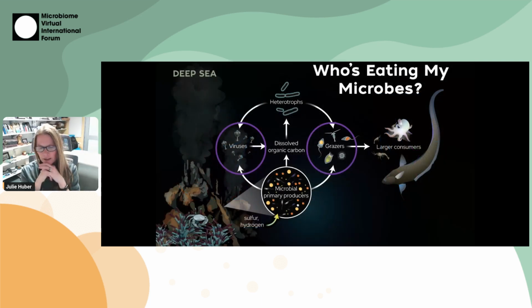And one thing in the last 5 years or so, once I got a better handle on the bottom of the food chain, is that I then wanted to know, okay, so this is what's making all my carbon. Who's killing my primary producers in this microbial food web if we start moving up the trophic cascade? And so I've been working with a group of really talented young folks who brought that skill set to my lab to look at both viruses and grazers, both things that eat or kill the microbes and do a lot of other interesting things as well.